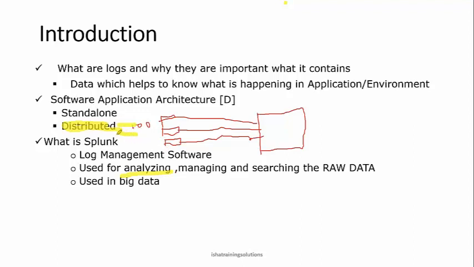Else, this load balancer will put the machine out of the loop, out of the cluster. If it doesn't respond within 30 or 40 seconds, it will remove that node from the server. So as a production guy, he has to log in, fix it, and attach it back to the same load balancer. Splunk is being used for that.